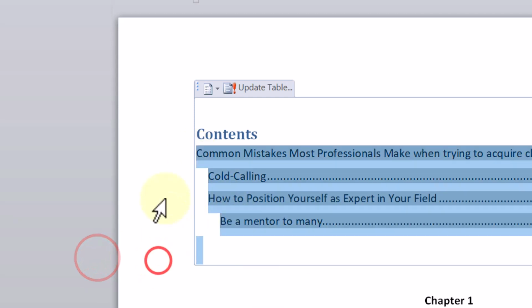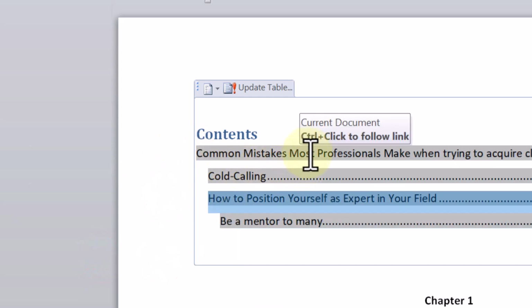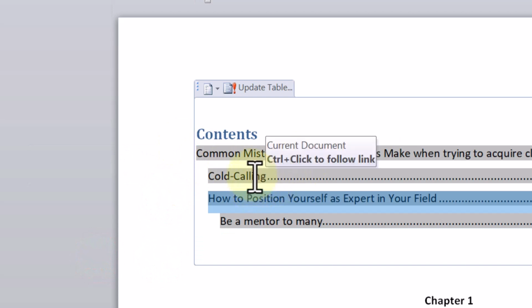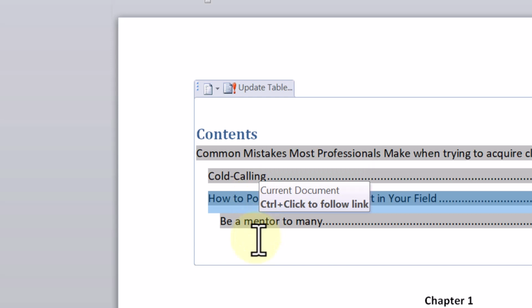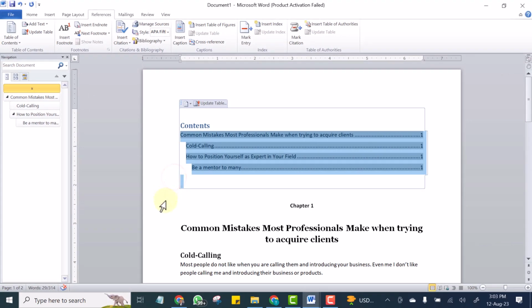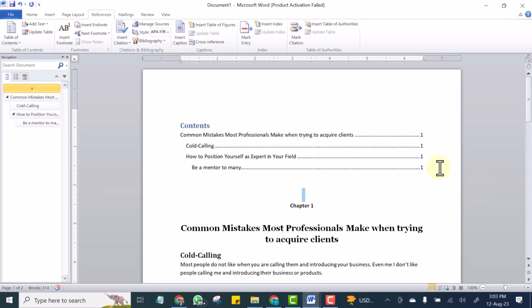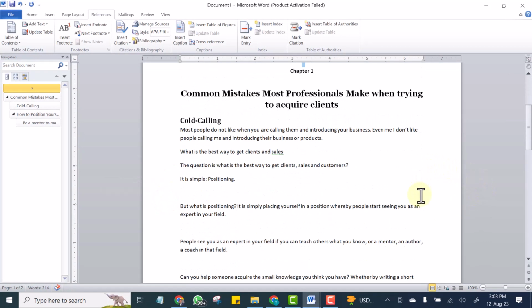So by mere looking, you will know that this is heading 1, this is heading 2, this is also heading 2, and this is heading 3. All heading 3 are aligned like this, and all heading 2 are also on the same vertical alignment, and heading 1 are all on the same vertical alignment. Okay, so now that it has arranged it for you,